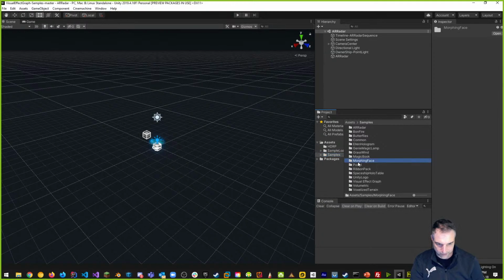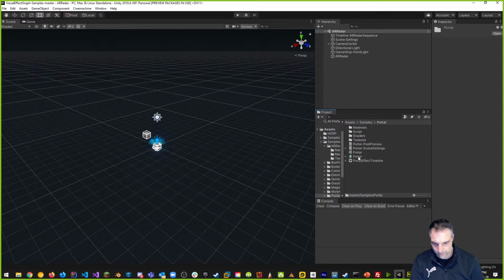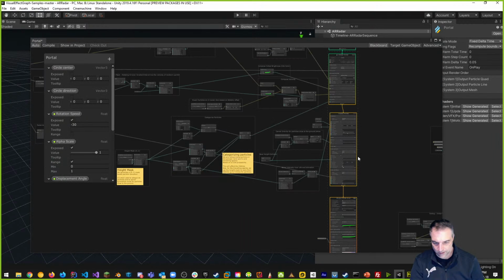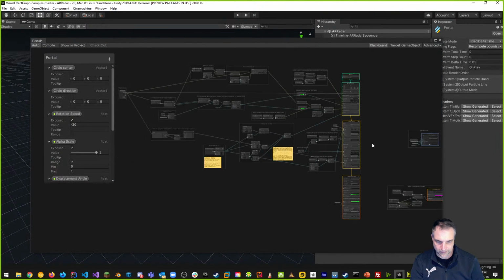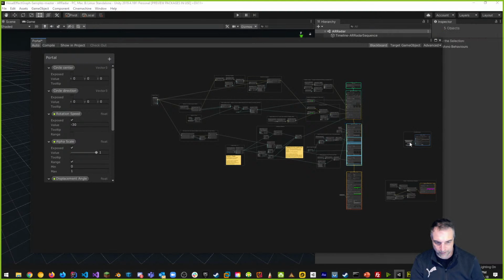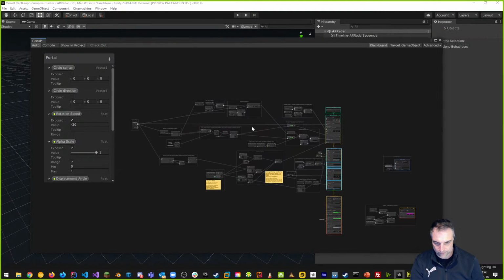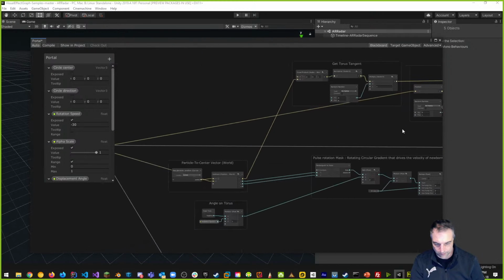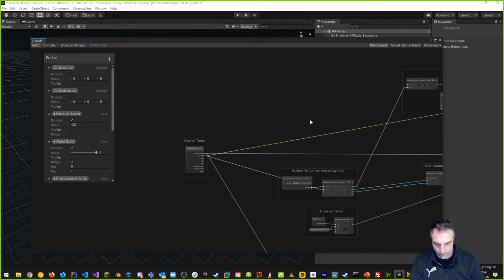Let's look at some other ones. Let's look at a portal. So here's a portal example, right? Again, this is using HDRP. So HDRP and mobile, you know, not too crazy. This is a bit of a bigger network, as you can see. A lot of it, when it comes down to it, and the great thing about VFX Graph, if the people are